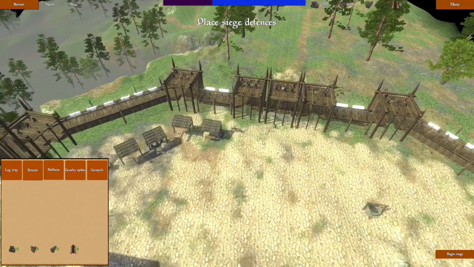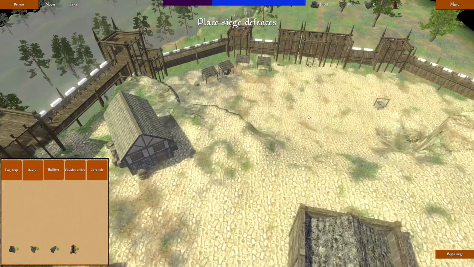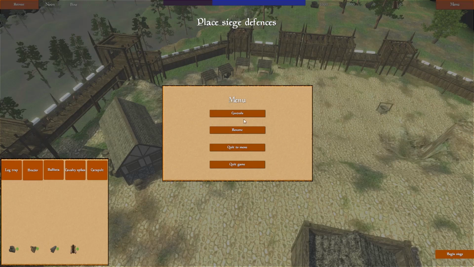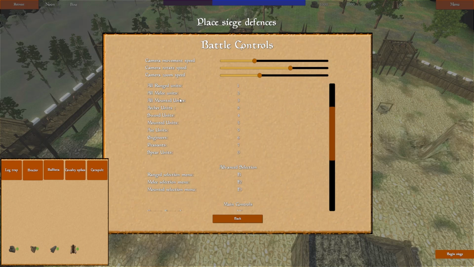So I can be like, I want all of you guys, or probably I should select all of these guys because they're probably not going to be needed back here. I'm like, I want you guys to form up here. I can also, if we go to the controls, I believe I can also select groups of soldiers. So right here, I can select all my range units, all my melee units, all my sword infantry, all my